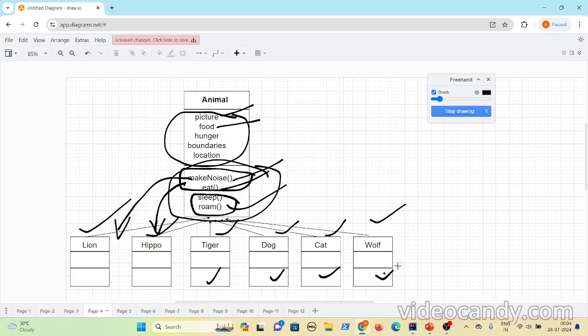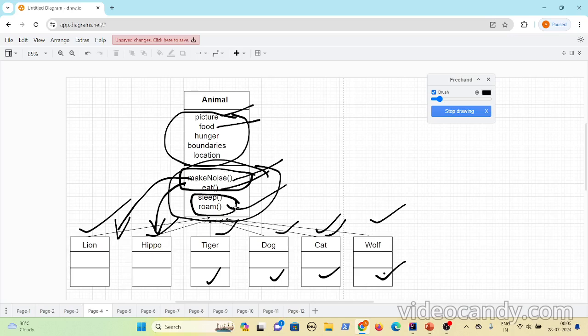And even eat also, if you look at the animals, few eat grass and few eat animals, like few are herbivores and few are carnivores. The food they eat and the way they eat are different from one category to another. Cats eat a different thing, like cats eat rats, right? And dogs eat a different thing, lions eat a different thing. So make noise and eat method logic is different. It's not same, whatever the logic that is defined here.